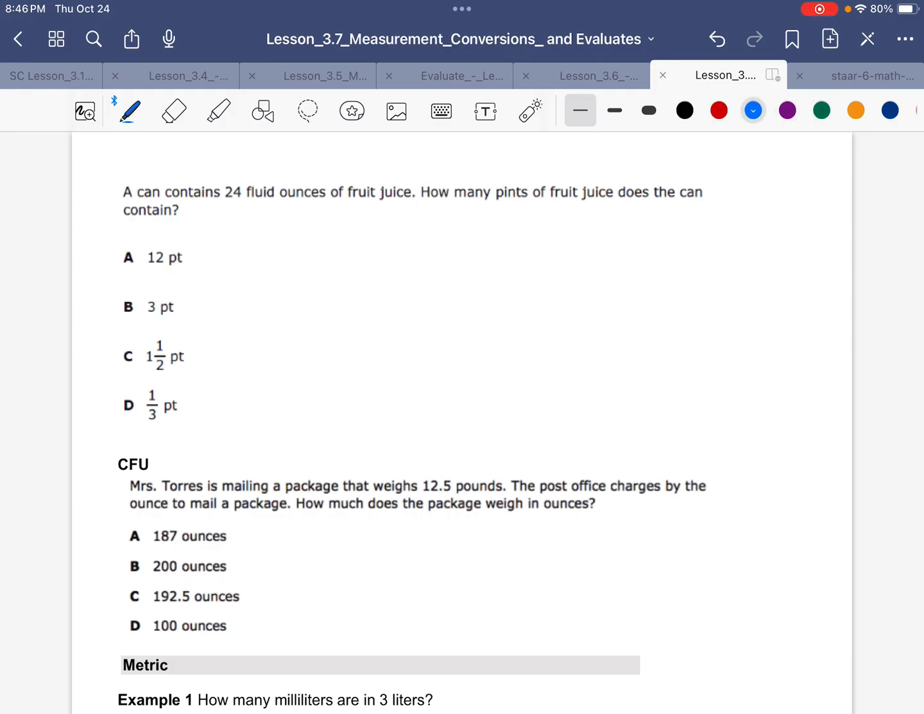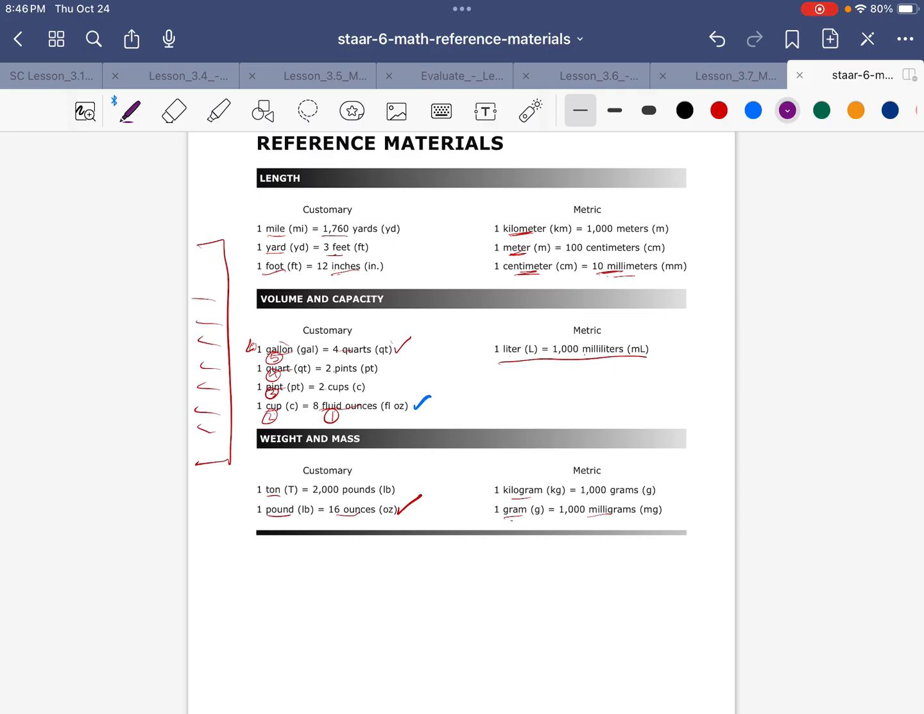So we know the can has 24 fluid ounces. They want to know how many pints. So we need pints to ounces. Go to our chart. We don't have a direct pints to ounces. Y'all see that? We have pints to cups right here. And then we have cups to ounces here. So let me show, we have to do a double